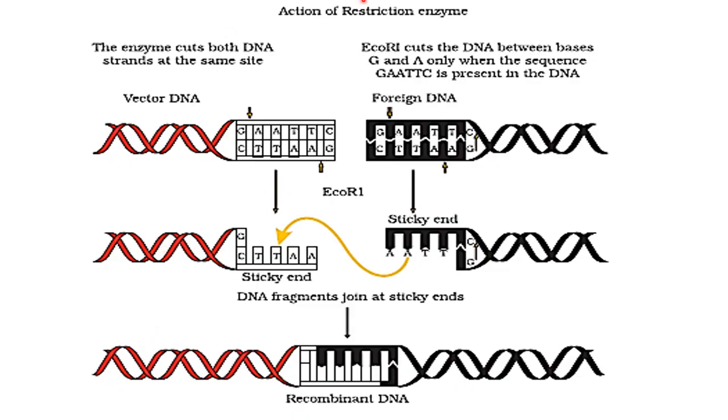Here the action of restriction enzyme EcoR1 is shown. This one is the target DNA, the foreign DNA, this is the vector DNA, and the enzyme EcoR1 cuts at a specific palindromic sequence, that is GAATTC, and it always cuts between G and A. So these are the sequences where EcoR1 will cut the target DNA as well as the vector DNA. So these sticky ends are produced like this, and these sticky ends can be joined with each other by using ligase enzyme, and then a recombinant DNA is formed.